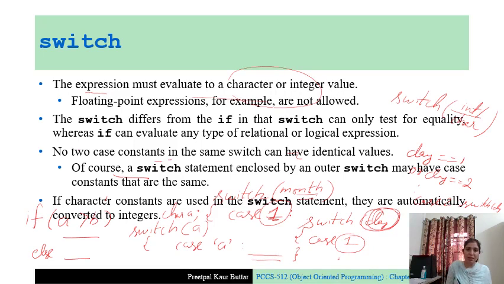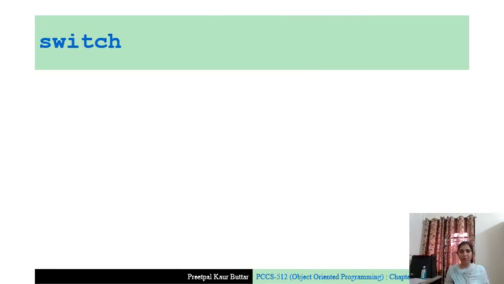Because the characters vary from 0 to 255. In this range I think 97 is the value of character a. Similarly, 65 means capital A. So if you use the character constants, they are automatically converted into their corresponding integer values.